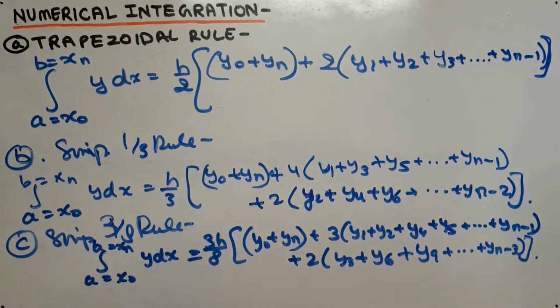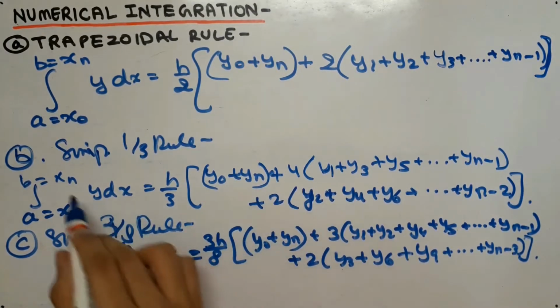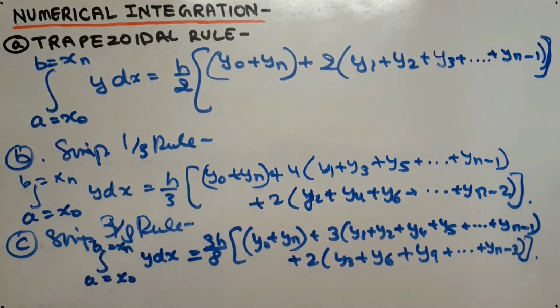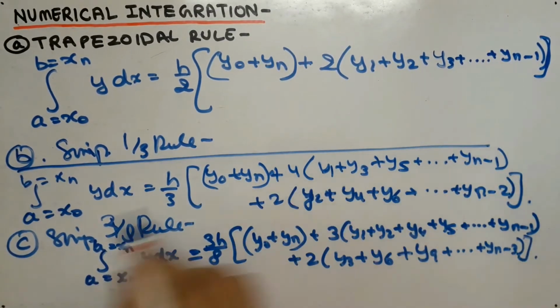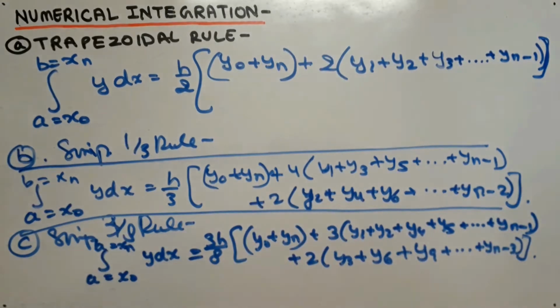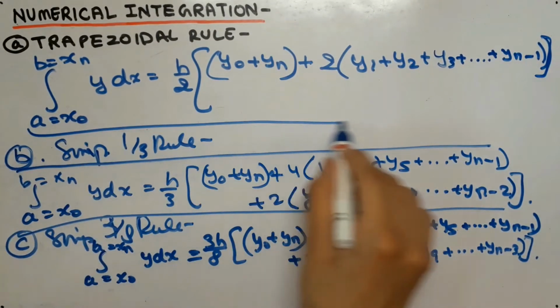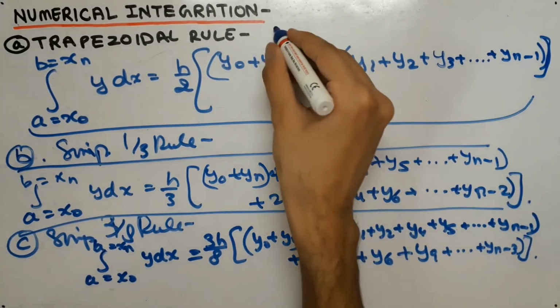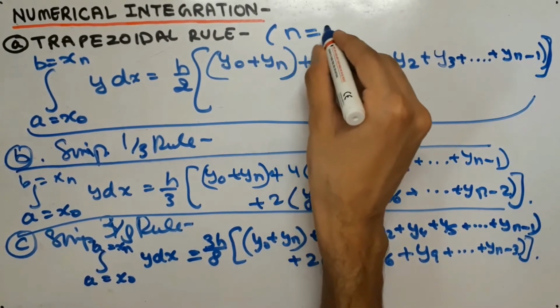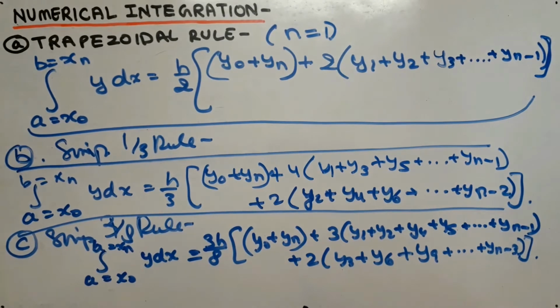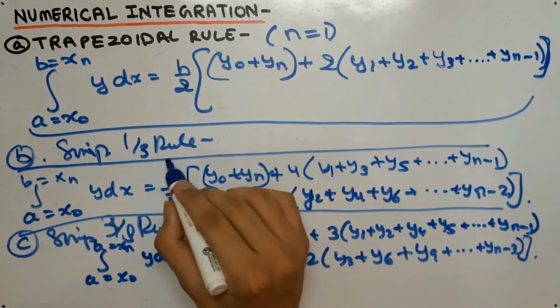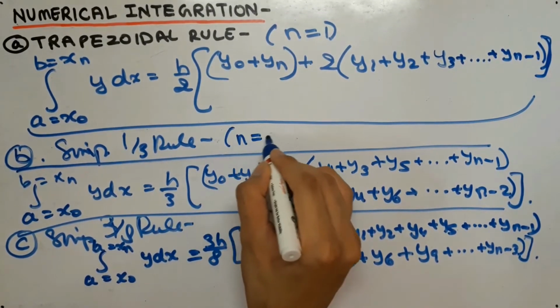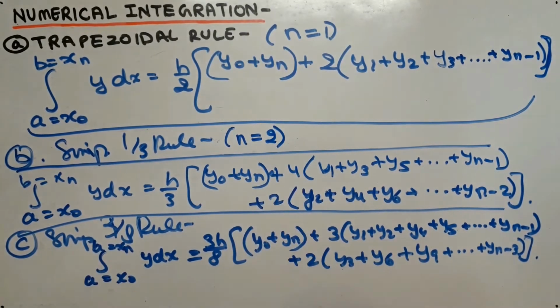So now guys, do not worry about these values, that is y naught, yn, h, y, xn and x naught, as we will soon understand what these are. Now you should keep these formulas in mind. And lastly, you should also remember that the formula of the trapezoidal rule works for all values of n. That is, we will write n is equal to 1. Now similarly, Simpson's 1/3 rule works for all values of n that are a multiple of 2. That is 4, 6, 12, 14, 16, etc.